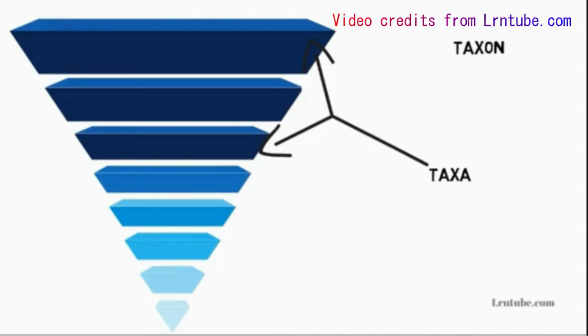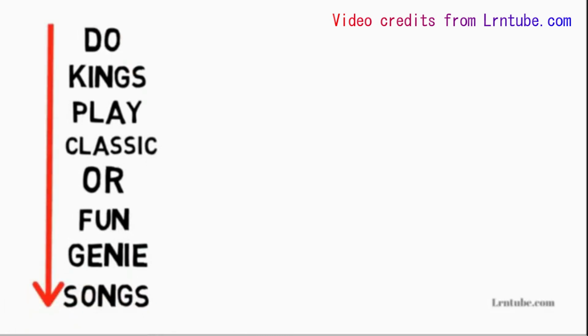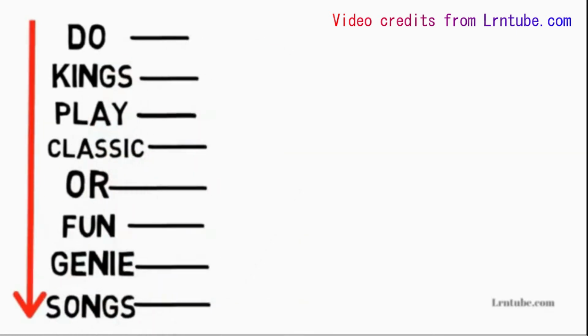To remember the order, it is helpful to use a mnemonic device, and I will provide you with a simple one to use. And this is it. Do kings play classic or fun genie songs? Now you can use this mnemonic to remember the taxa in this hierarchical order: